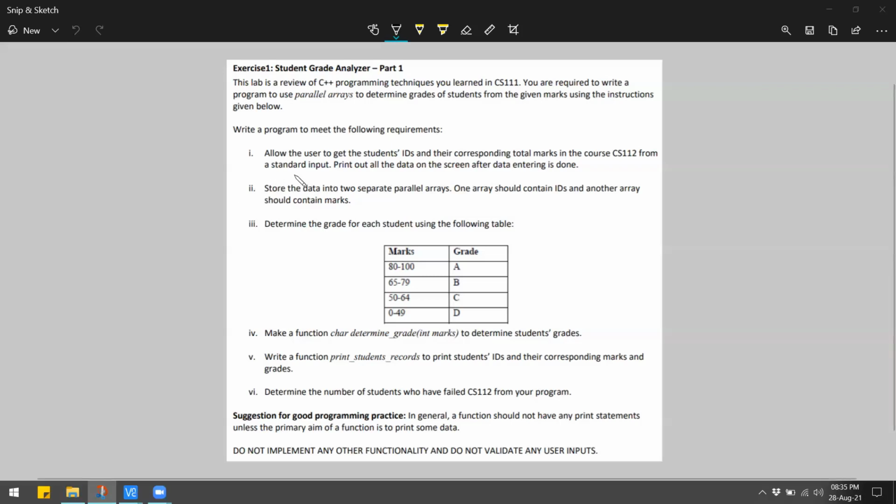It says write a program to meet the following requirements. It should allow the user to get the student's ID and their corresponding total marks in the course CS112 from standard input, and then print out all the data on the screen after the data entering is done. What we have to do is store the data in two separate parallel arrays, and one array should contain the IDs and the other one should contain the marks.